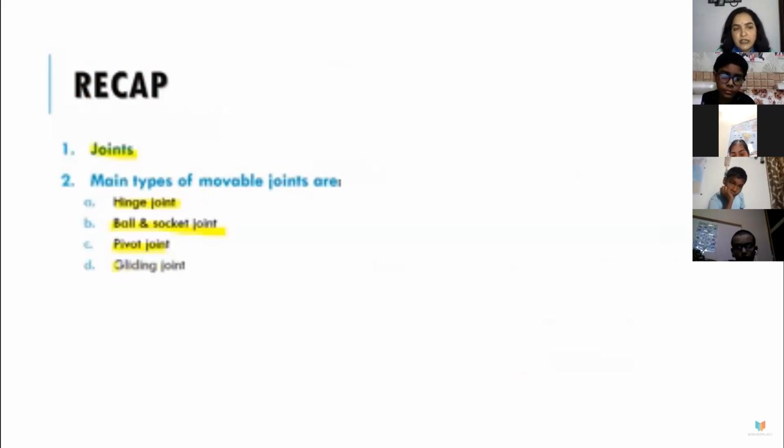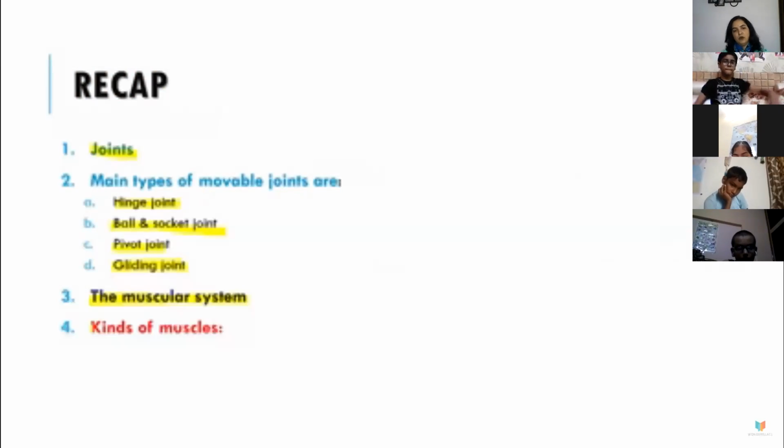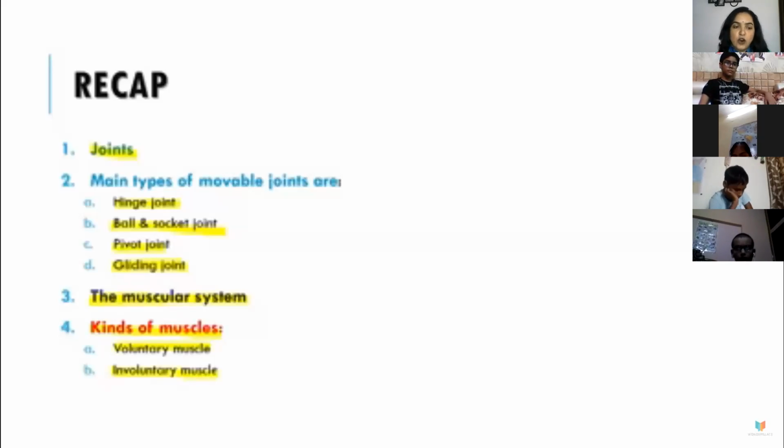So that is, the joint is given. I have explained the joining of any two bones, then types of joints, what is the muscular system, okay, and the function of muscles, like how the biceps and triceps work. In the kinds of muscles, we have studied skeletal muscle, smooth muscles and the cardiac muscles. The smooth muscles are also called involuntary muscles and the skeletal muscles are called voluntary muscles. And the third one, that is cardiac, which is inside the heart.